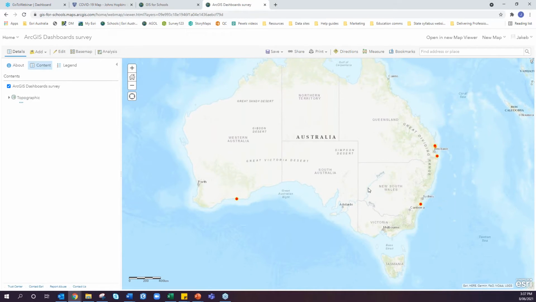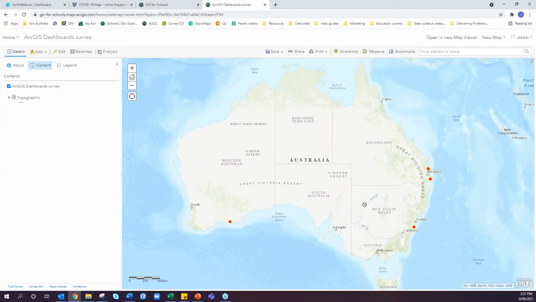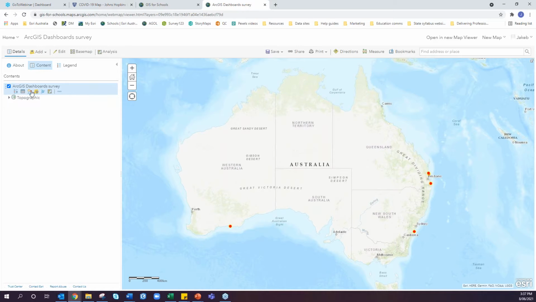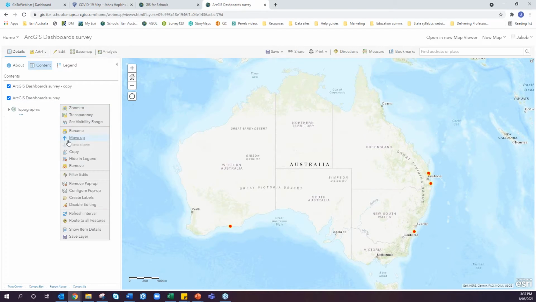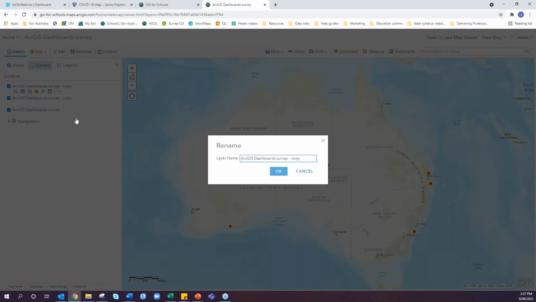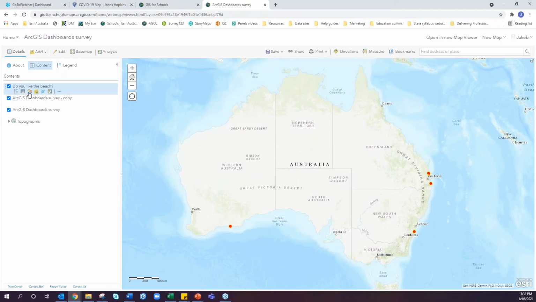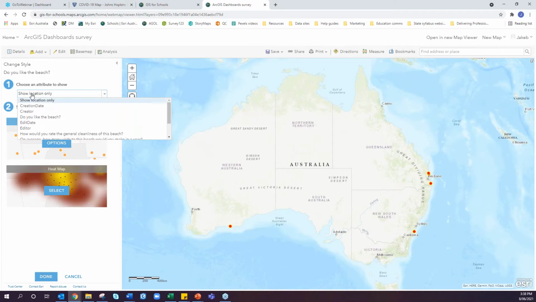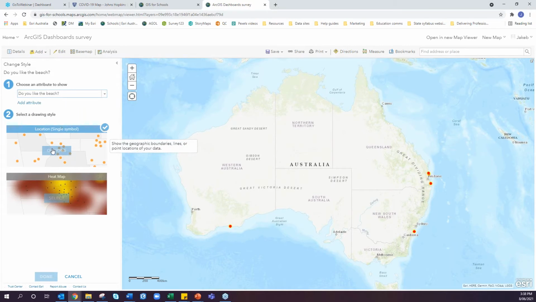and we can see that there's some survey results. As I mentioned, there's only a few of us today, but first thing I want to do is I'm just going to copy this a couple of times. And the reason I do that is so that I can choose what question is being shown. So the first one that I'll want to show is, do you like the beach? And I'm going to go to change style and change that to the question that reflects that new feature layer